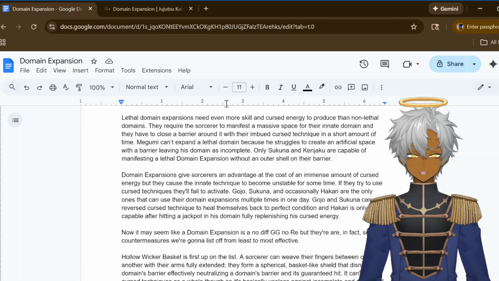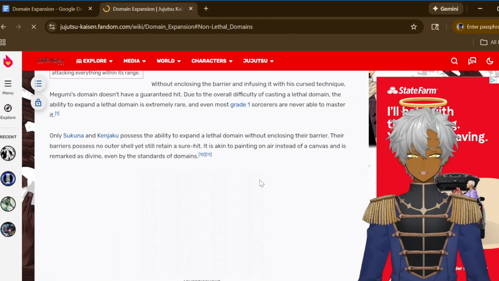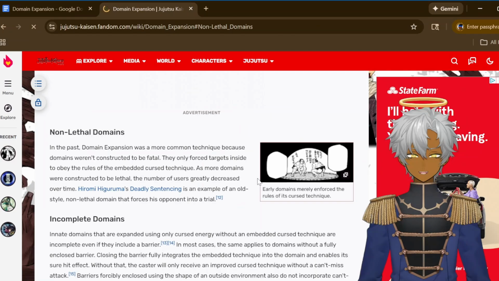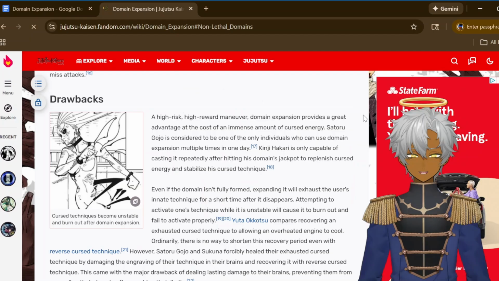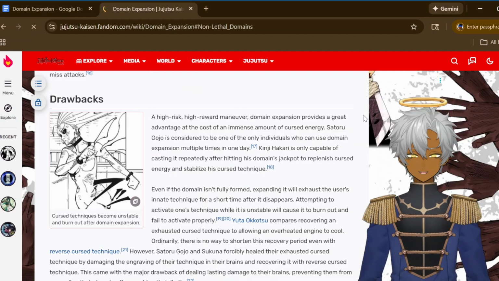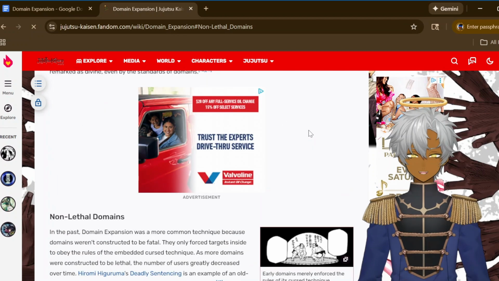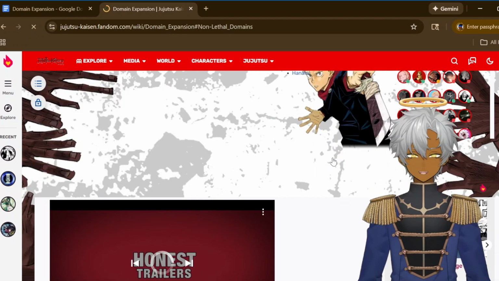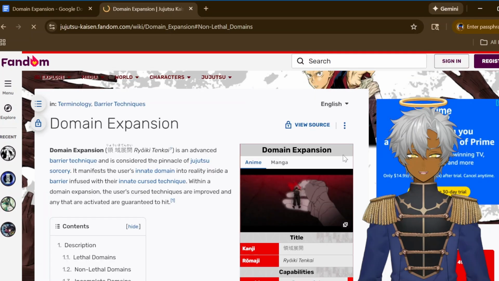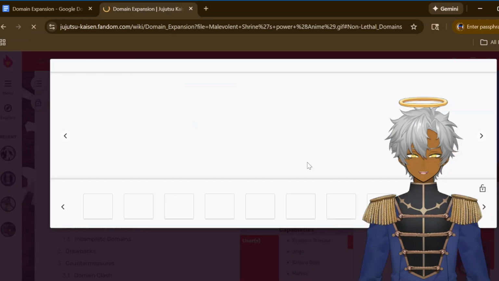Pretty much, you cannot spam your domain. It takes a ton of cursed energy to use. So yeah, it's really hard to do. There are few characters that can: Hikari, Gojo, and Sukuna. Gojo and Sukuna can do it because they both have extreme wells of cursed energy. Gojo has an extreme well of cursed energy, but also the Six Eyes allows him to utilize less cursed energy in a more refined way